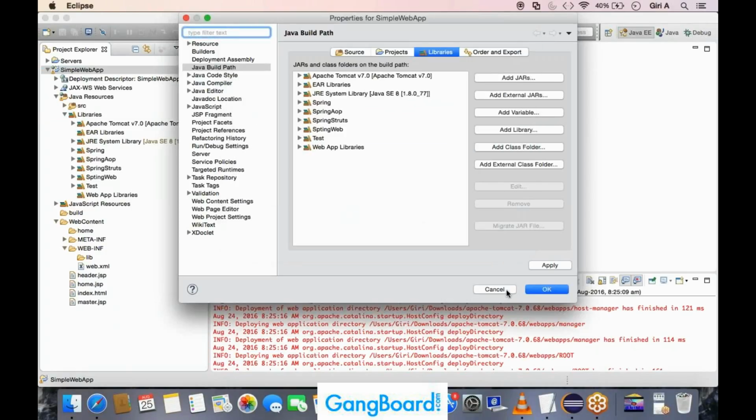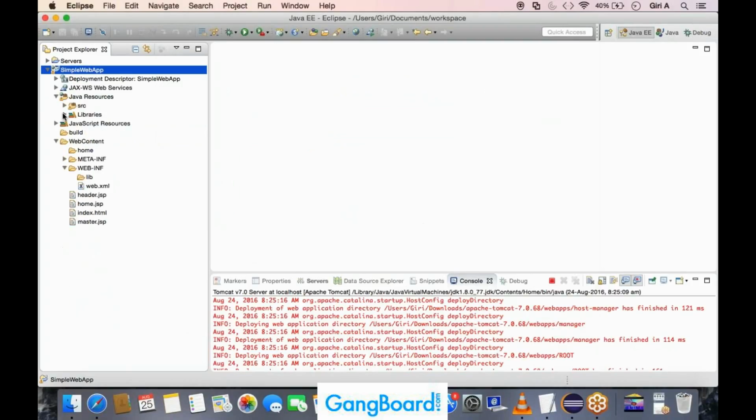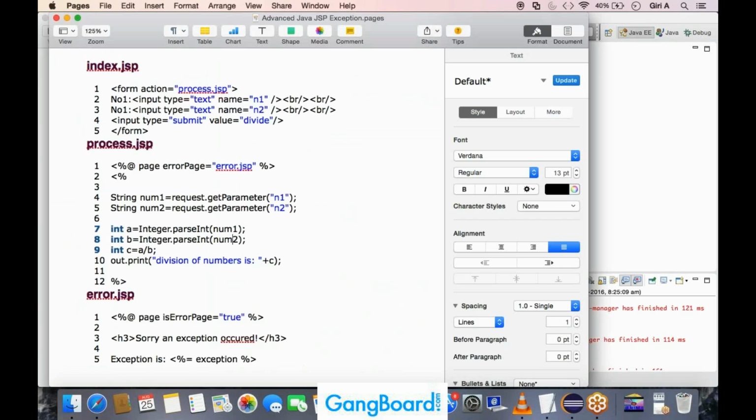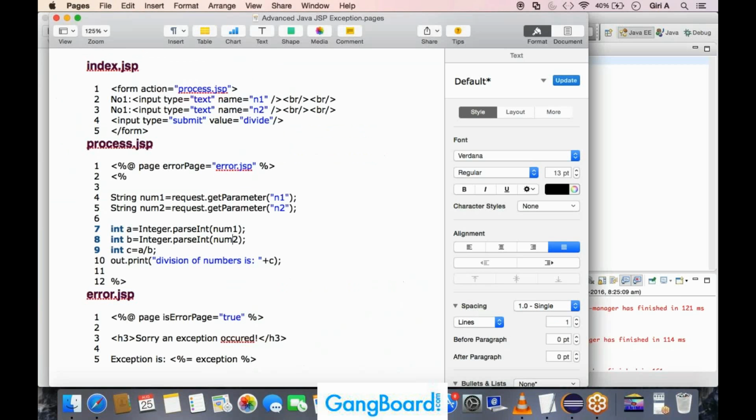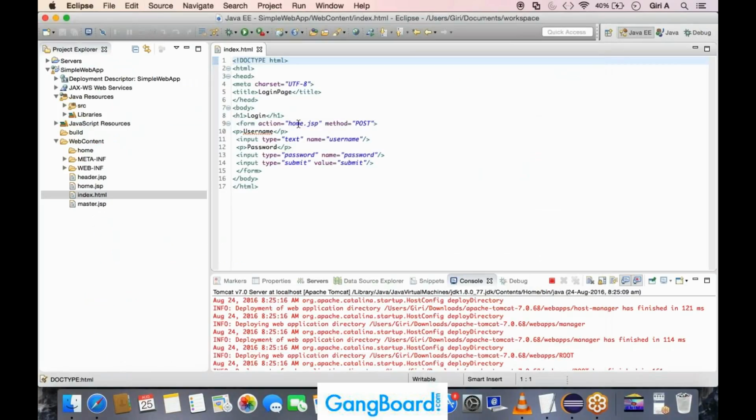Okay, let's leave that one. So here I'm going to create the first page, it is index.jsp. Maybe we'll just change this index.html. So now it will go to process.jsp from here,